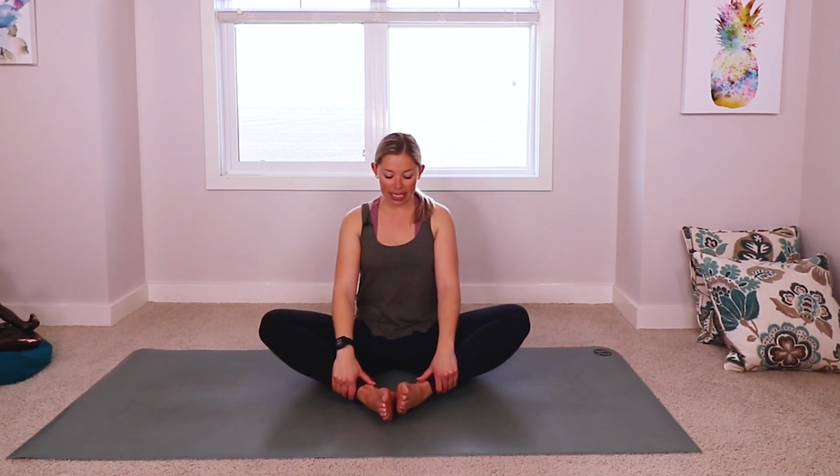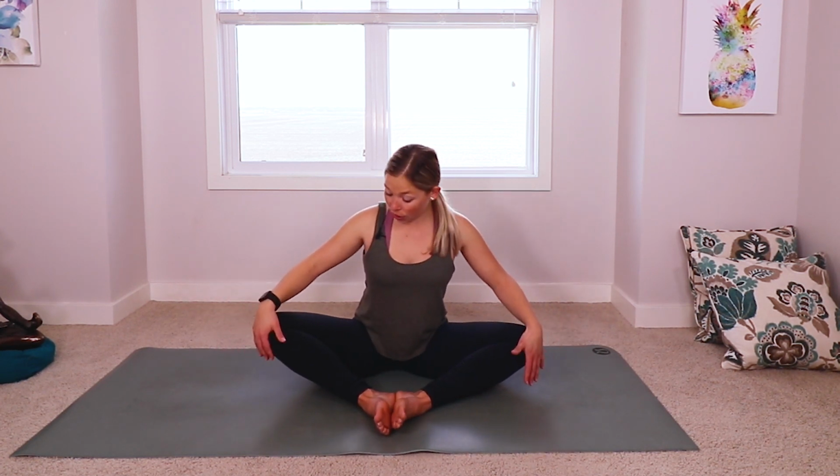Soles of the feet are going to come together. Your knees are going to be out nice and wide. So you can just place your hands on your knees or on your feet, but sit nice and tall. Just finding the length through the spine. Slowing down the breath. And if you want to add a forward fold to this, you can start to tip